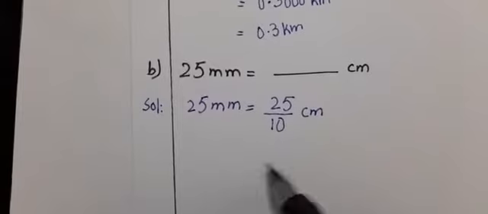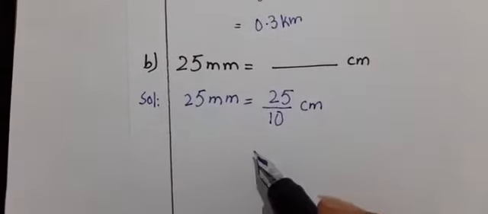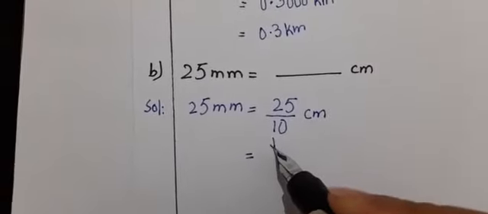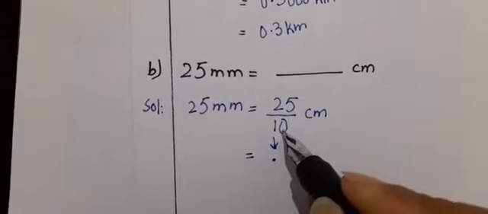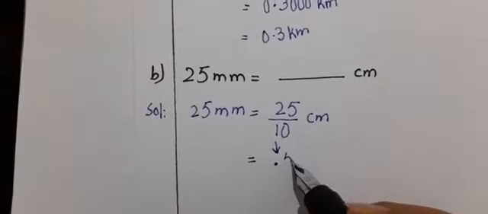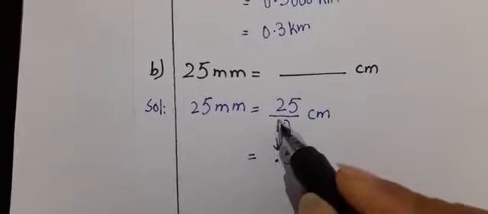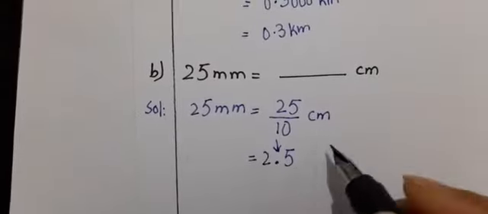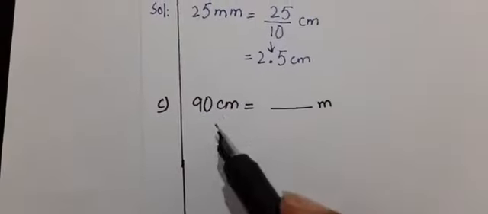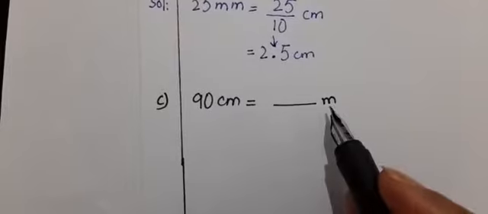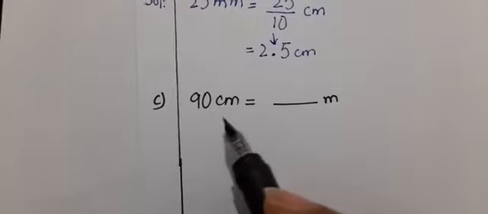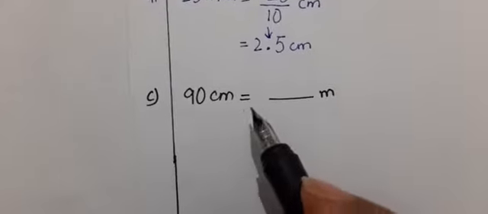Now boys, I am leaving this sum on you. You have to complete it and then write over here. Okay, let me help you. As it is 1 will become the decimal point. There is 1 digit after 1, so that 1 digit in the right hand side is 5, and before 1 is 2. It is 2.5 centimeters. Okay. Our next sum, boys, is 90 centimeter equals to dash meter. I am leaving this sum on you. We have done a sum like this in the activity, so you can take guidance from it.